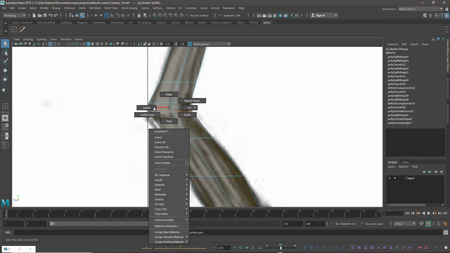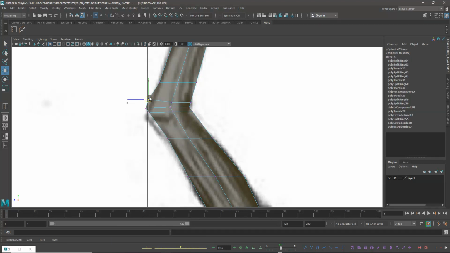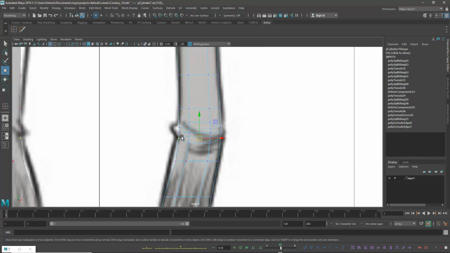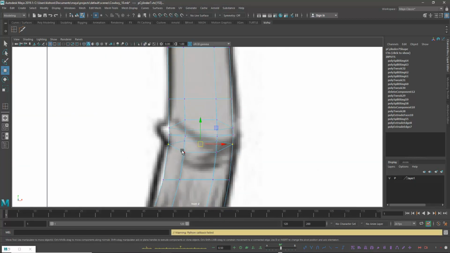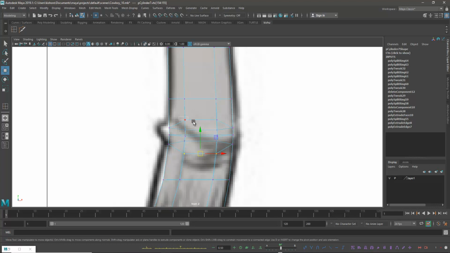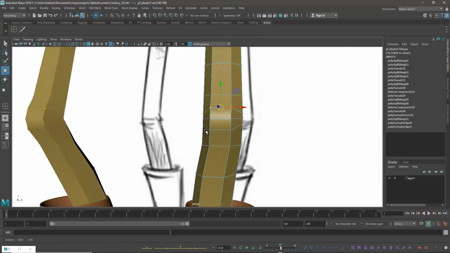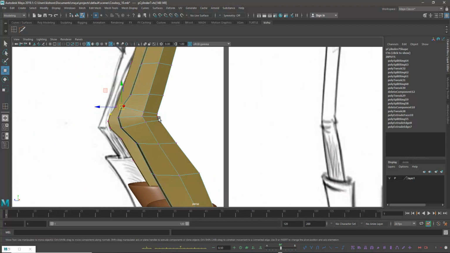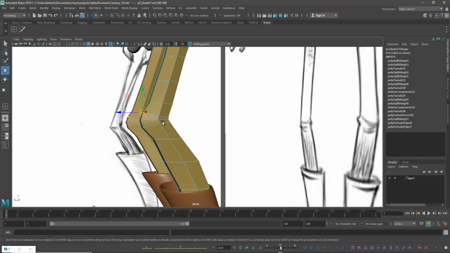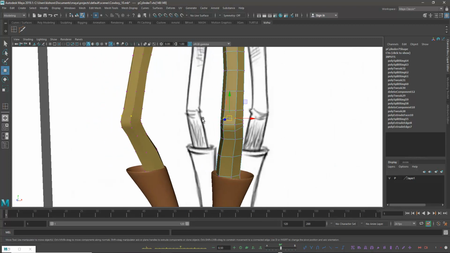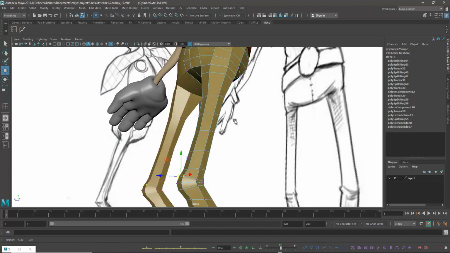So this time what I'm doing, I'm just making something like this. So here I'm just making something like this. This brings a little bit, when you have the bone setup, it will be flexible for that folding of the leg, these kinds of details, whether you're doing them or not.